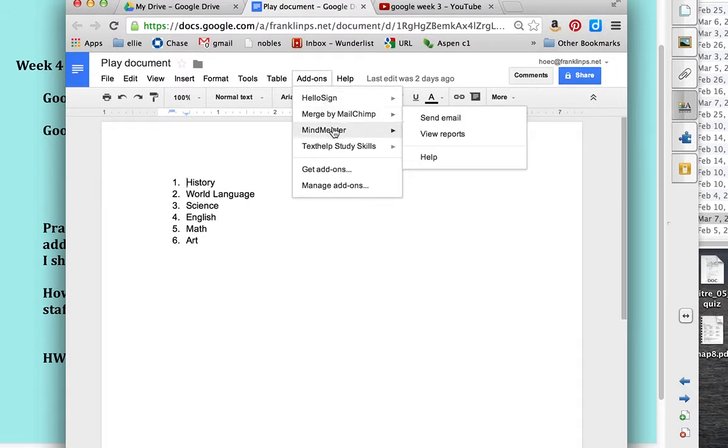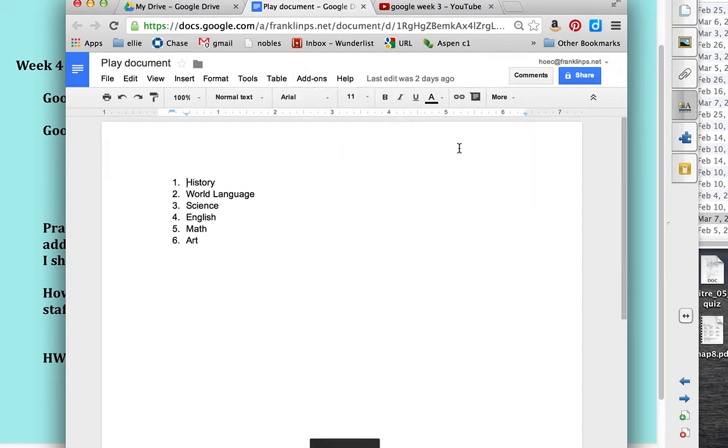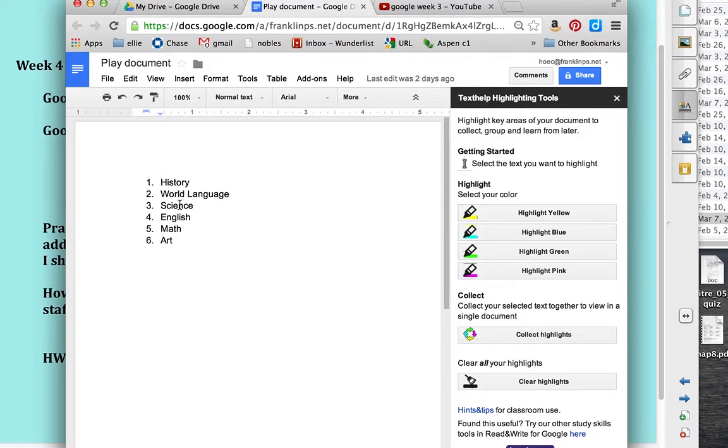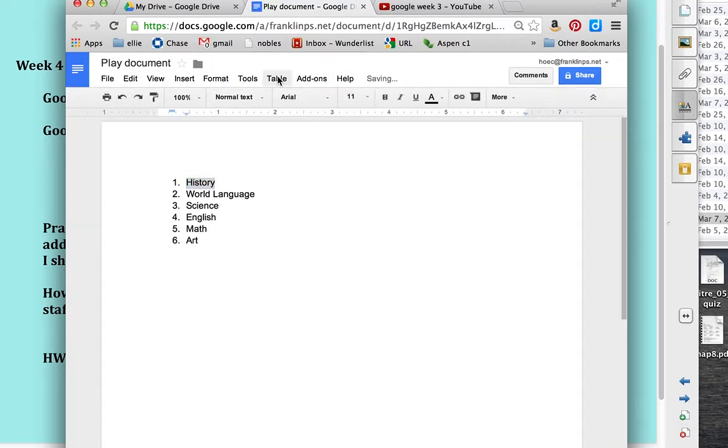So for example, I was showing my class that this text help one, I can have highlighting tools. And so when I added this one on, I can select the work right here, and I can highlight it in green if I wanted. And that's just an easy way for reading and such. Okay. Another add-on that I found, let me close this out,